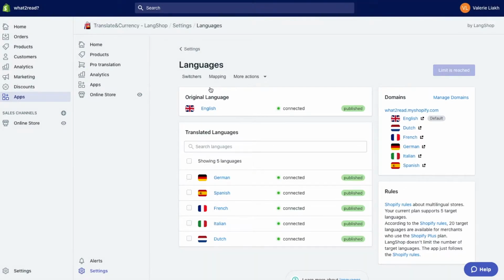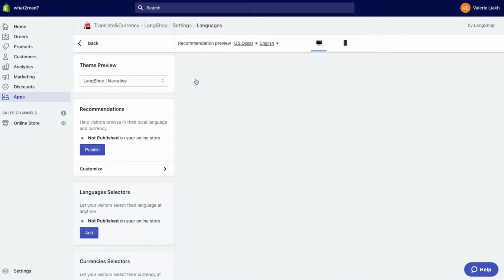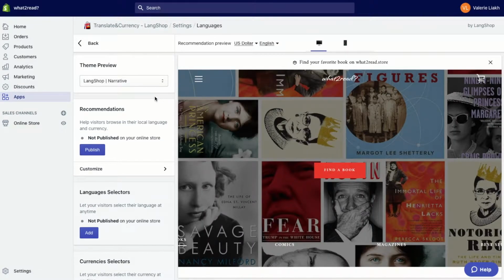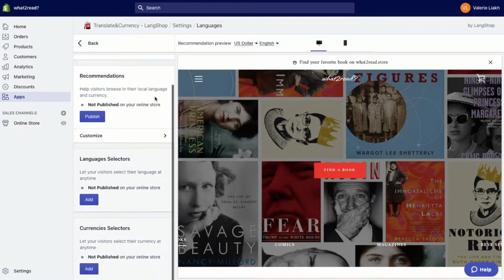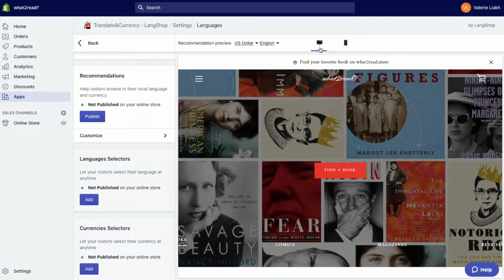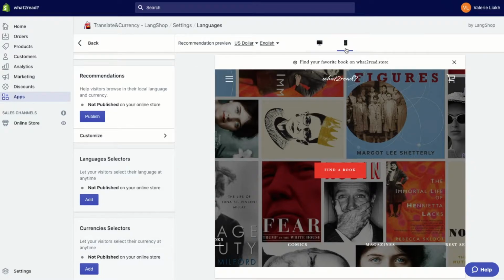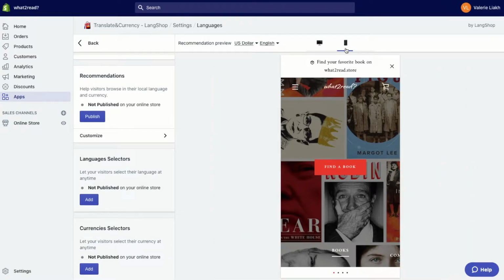There are the breadcrumbs under Languages title, and you need to open the first one called Switchers. We updated Switchers interface, so now you can customize languages, currencies, and recommendation banners on one page. On the right side, you're able to see your storefront details and style the switchers so they perfectly match your